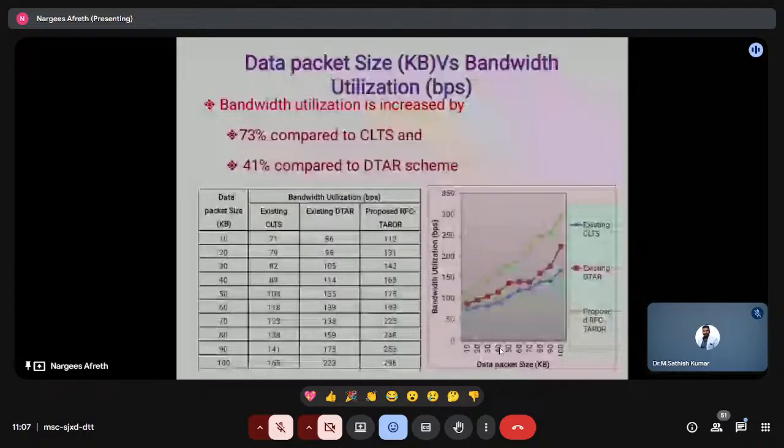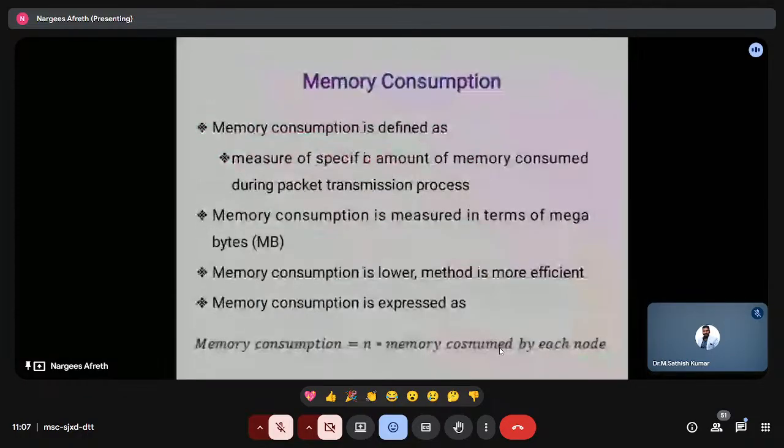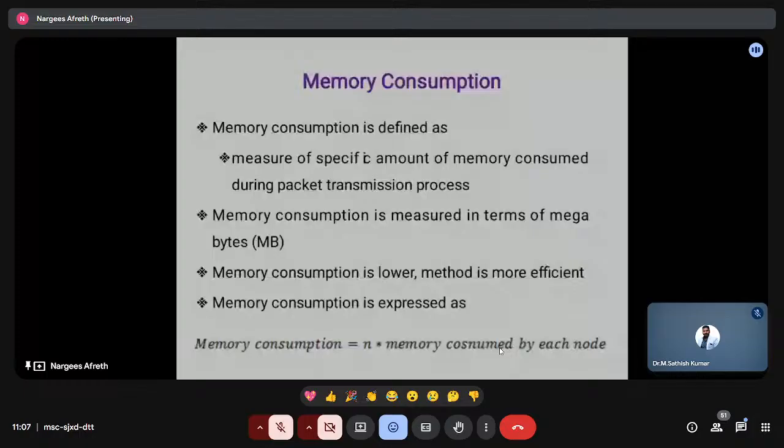Next we are going to see the memory consumption. Memory consumption is defined as the measure of the specific amount of memory consumed during